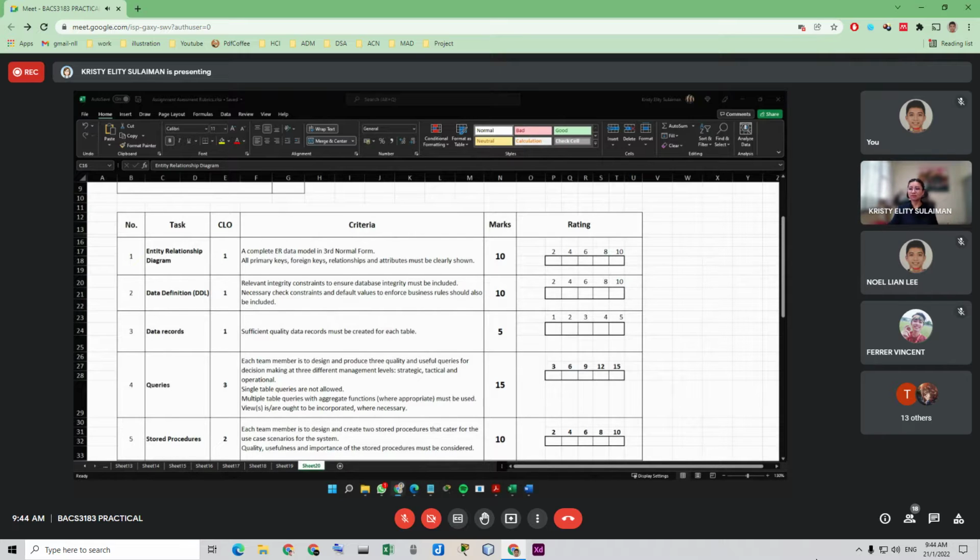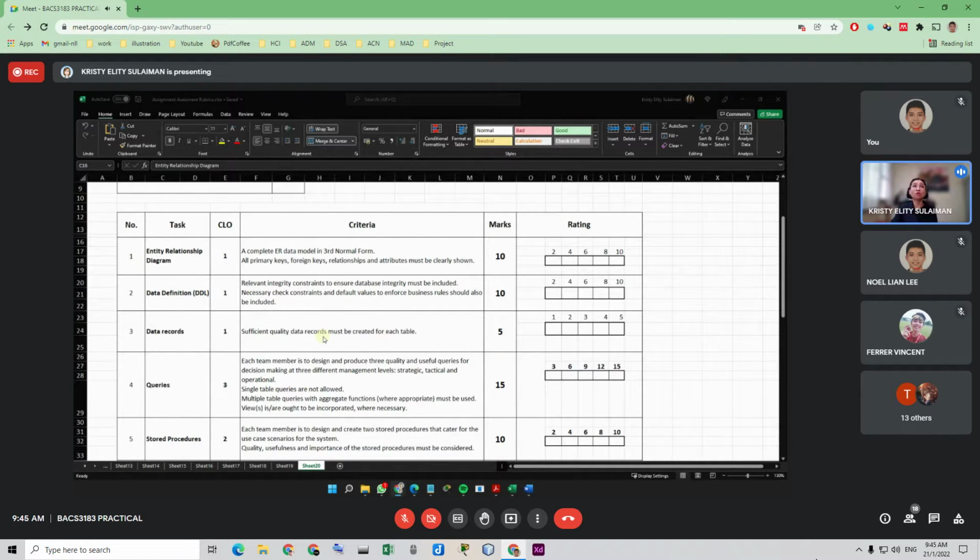Okay, task 2 is DDL. What you need to include here is relevant integrity constraints to enforce business rules. So this one also you need to include. The marks will be 10. Data records: sufficient quality data records must be created for each table.